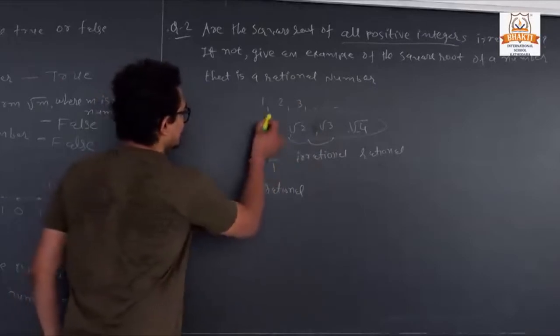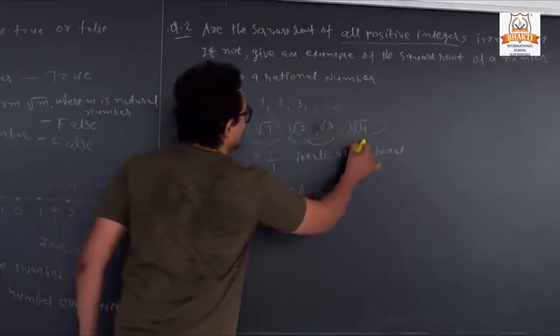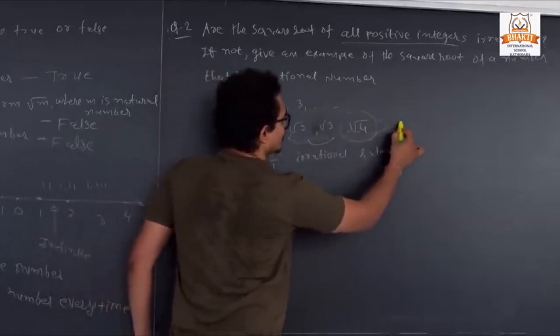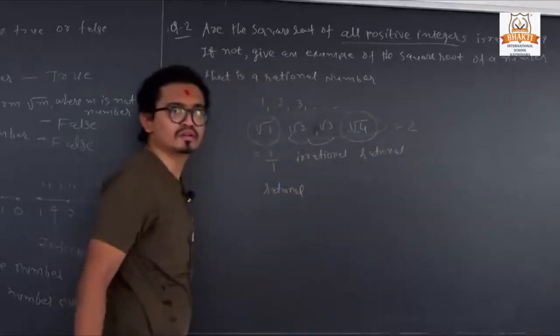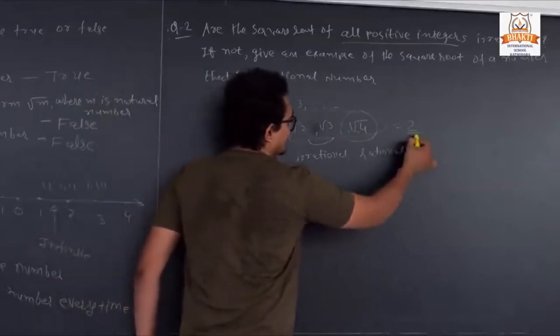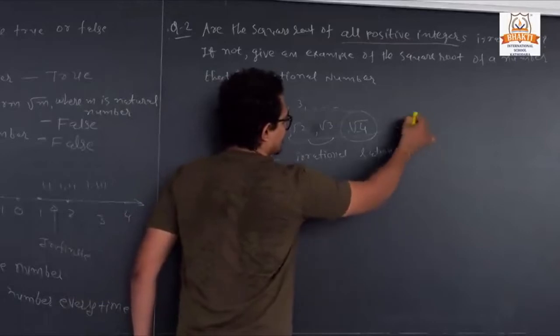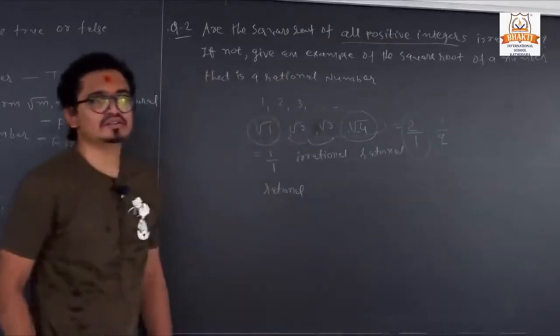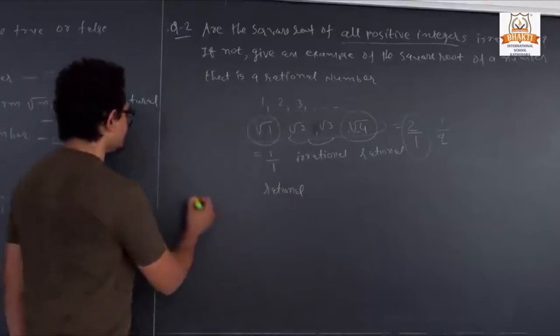So we are giving two examples, root 1 and root 4, because if we take the square root of 4, the answer will be 2. And if we convert that root 4 into a rational number, it is in the form of a rational number because it is in P upon Q form. So we can say that no,